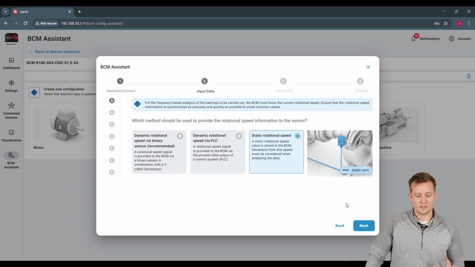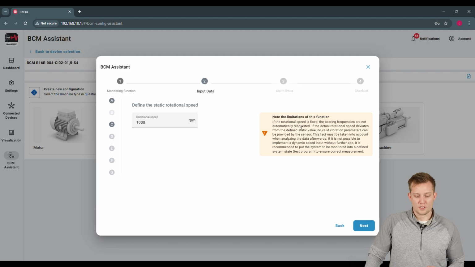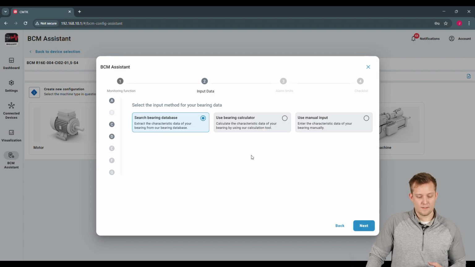So for today's purposes, I'm just going to, for example, set it up with a static rotational speed. It's giving me a warning saying that the rotational speed is typically going to vary, and you might have an alarm go off at the beginning of your motor startup. So if I set the rotational speed to 1,000, hit next, we can actually, another option now, we look at